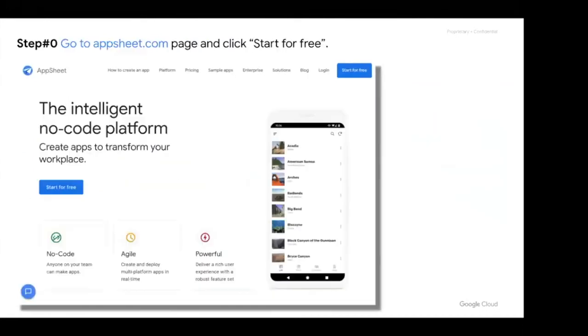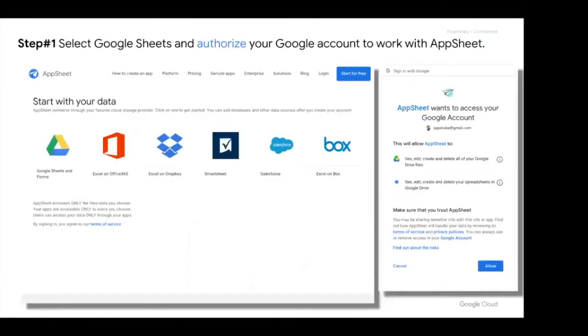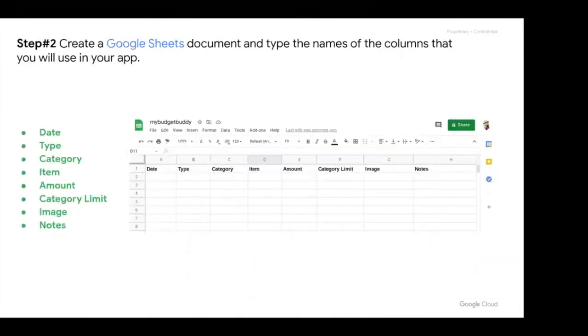So now I will pause there because we will continue with the rest. I would ask you to go to appsheet.com and click Start for free and follow these steps. And once you get to a point where you have access to AppSheet, where you give the permission to AppSheet and open an empty Sheets file, please say done or +1 in the chat window.